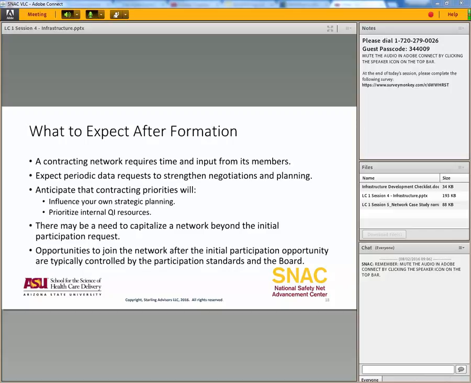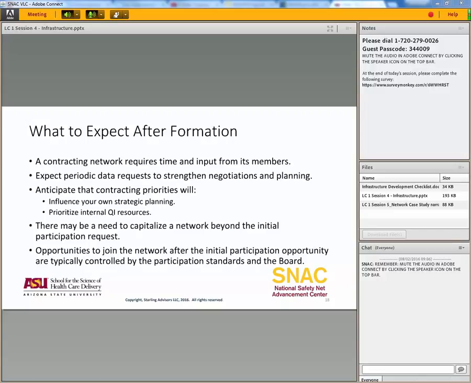These networks take time. We kind of laid out for you on a timeline what it might look like, and to make it happen, it needs input from its members. In the success predictors on one of the very first slides, I talked about this. Without that information, it's virtually impossible to develop an effective or meaningful network. The network must also anticipate